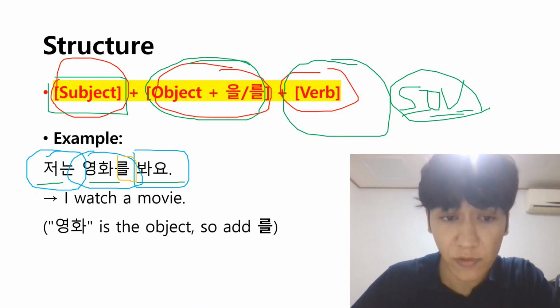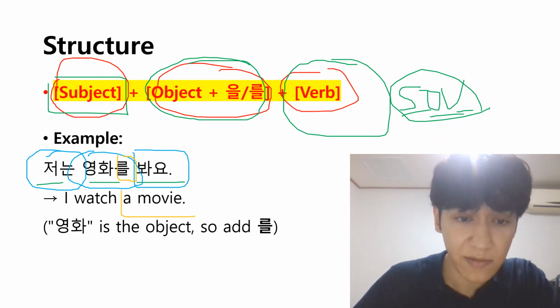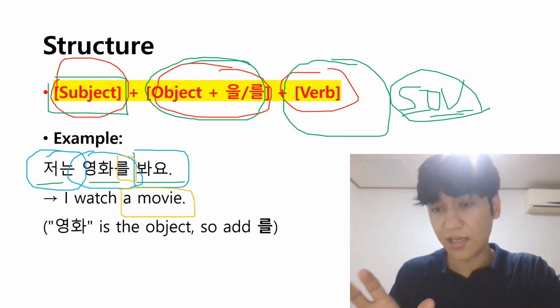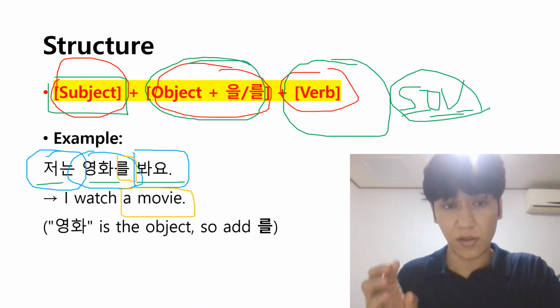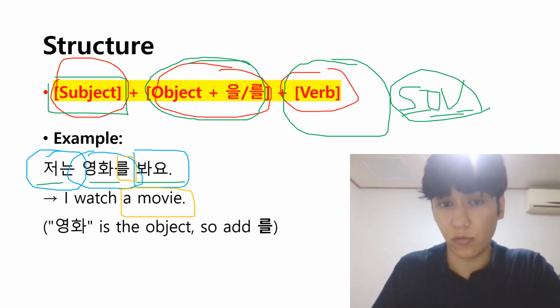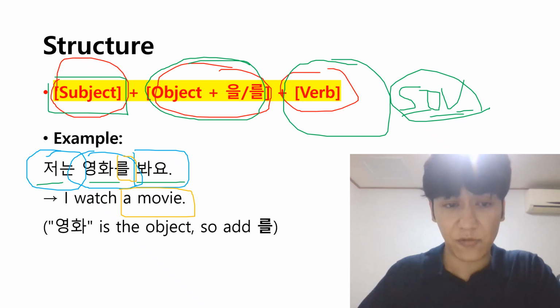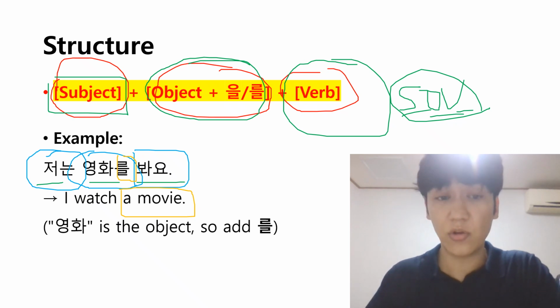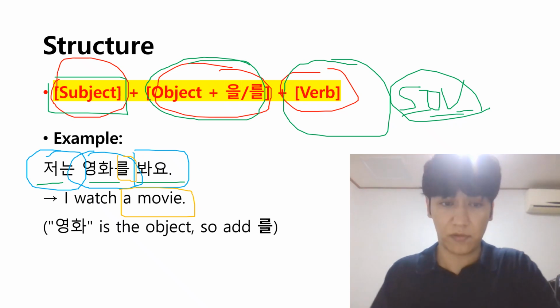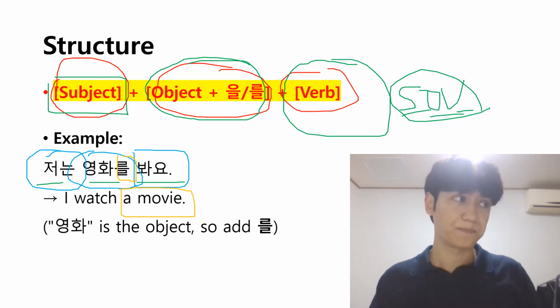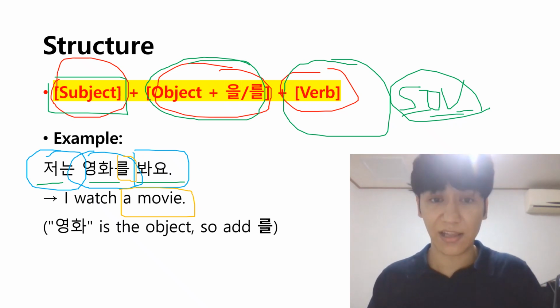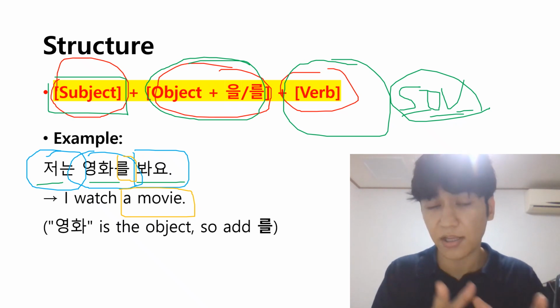I watch a movie. So a movie is an object. In English, it's very easy because the word order tells you where the object is, right? So that's after the verb. But in Korean, you need to look at those particles. Well, even if I say it like this, the object is in the middle and the verb at the end